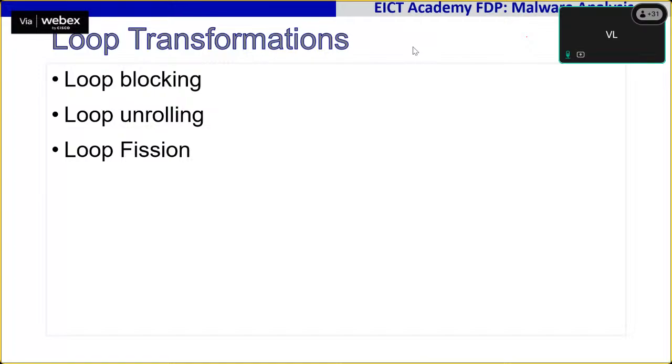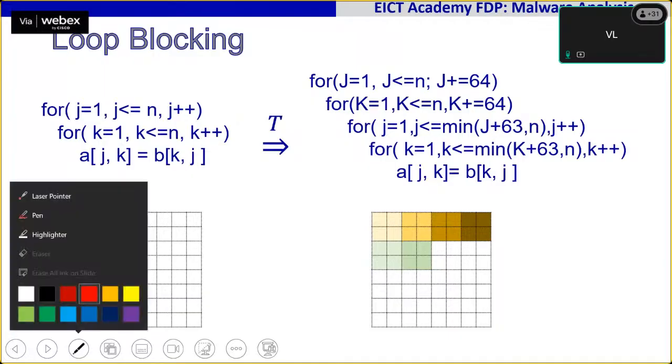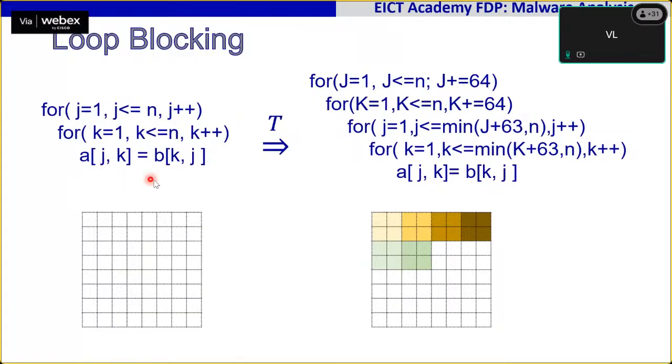From compiler classes, loop optimization techniques can also be employed by malware writers to obfuscate the code. So in this particular case, we are changing the way the loop iterates over a block, a data block. So generally, in this particular case,